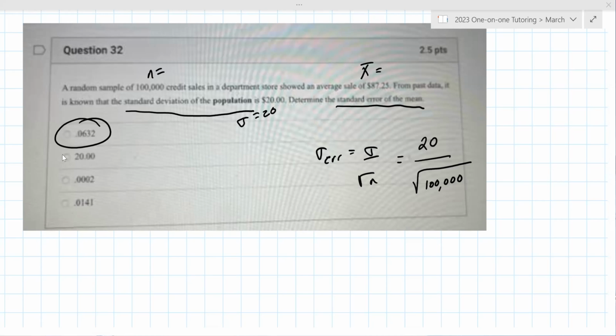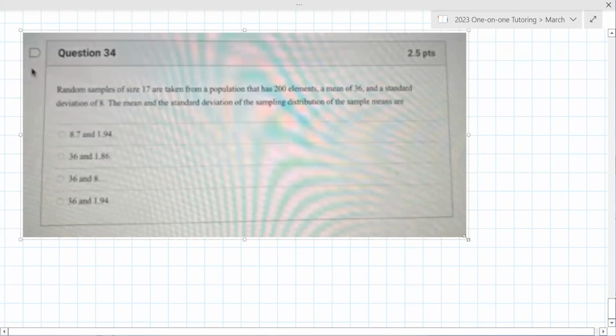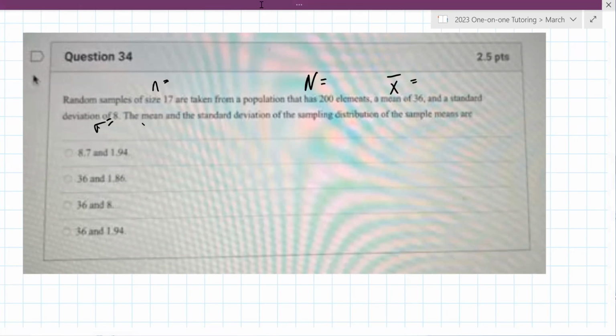All right, 34 looks to be next. All right, so it says random samples of size 17, that's N, are taken from a population that has 200 elements. So that's big N. Your homework might have had some sort of correction factor problem where you have to take big N and subtract little n, square root of that over N minus 1 maybe. Don't know if that applies here. We'll see in a moment. So the X bar is 36, standard deviation is 8. The mean and standard deviation of the sampling distribution, okay,